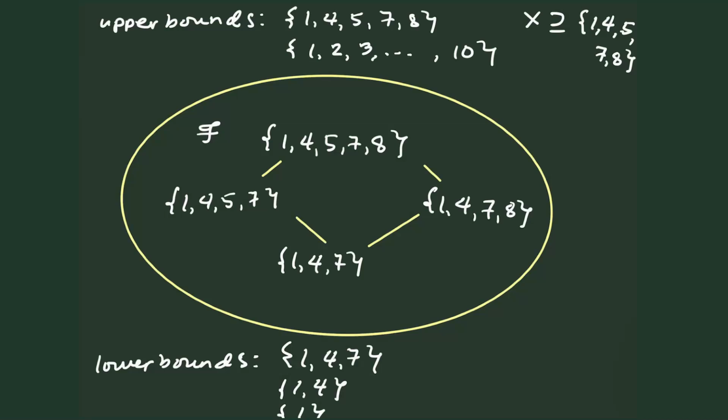Now, in general, what would be a lower bound? It will be a lower bound as long as it is inside the set {1, 4, 7}. So meaning to say you are lower. You will be inside the set {1, 4, 7}. So notice here that a lower bound may not be inside your set. In this particular case, for example, {1} is outside the set F, but it is a lower bound. Also, this one, the set 1 up to 10, it is an upper bound, okay? But it is outside your set F.